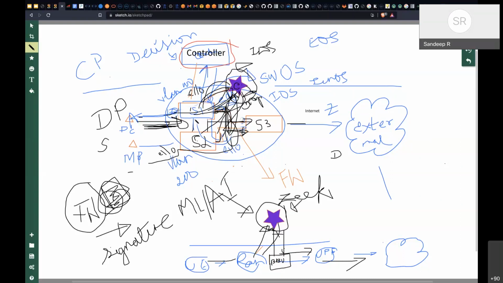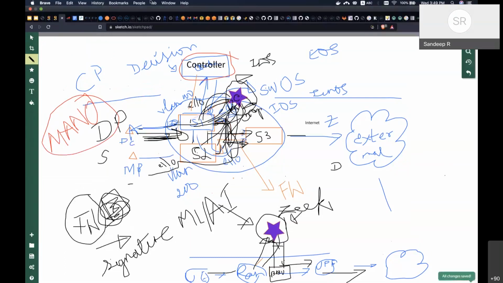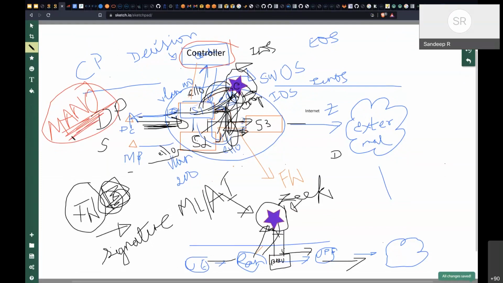Now, if you talk about NFV, how to bring in NFV, for instance: today, if you have a 5G infrastructure and you want to introduce a new firewall, let's say a 5G firewall, and tomorrow somebody comes up with a new way to do a 5G firewall, in that case you can just use the existing network controller. In fact, it's called MANO, management and orchestration, and network orchestration. This is going to be the core part of 5G. When 5G orchestration happens, this is what you will see evolving as the SDN controller for 5G.